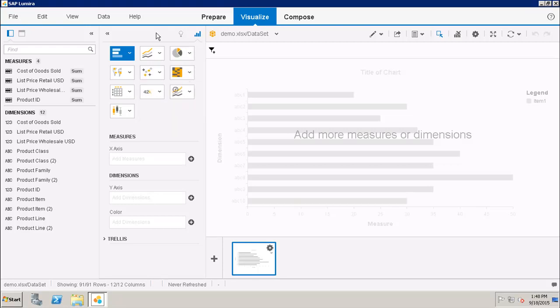After that we have the correlation charts. These are used to show the relationship between the different values. The common types of charts which come under the correlation charts are scatter plot, bubble chart, network chart, numeric point, and the tree chart. So I can see here that I have the different types of charts. If I go here, I can see the scatter plot, the bubble chart, the scatter matrix chart.